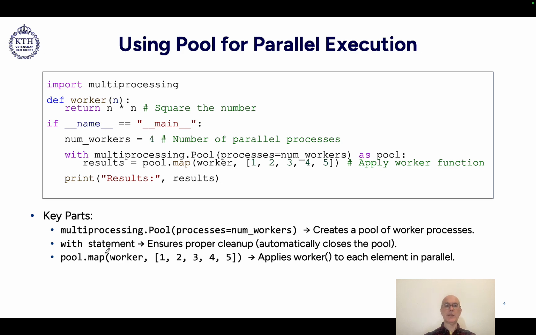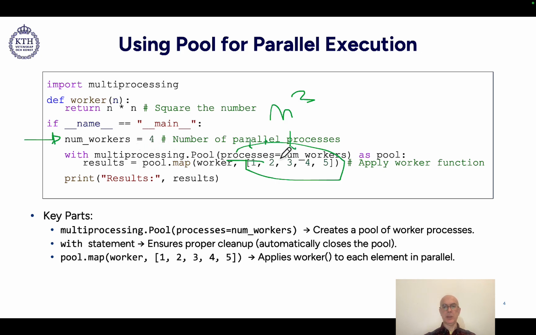So let's look at an example of a pool for parallel execution. In this case, we have a dataset that is this array here. You see, we have five elements. We declare what we want to do. We want to apply to each of these elements the square operation. So we define the number of processes that are included in our pool. In this case it is 4. And then we define a